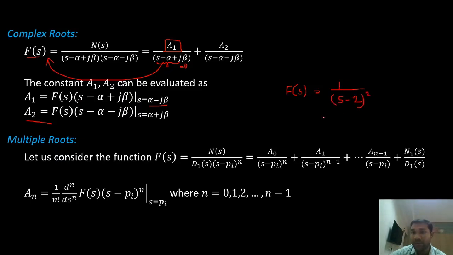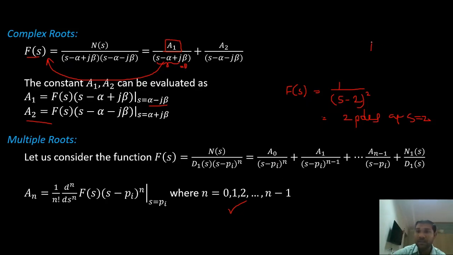So that means I have two poles at s equals 2, right? Then what will I do? So this is the formula for that. So how will I write? I'll write a naught by s minus